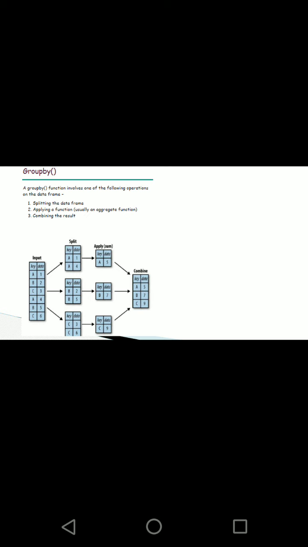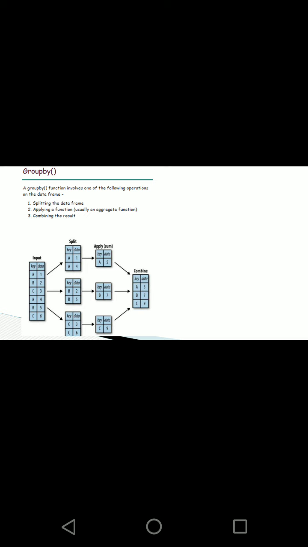Then what will I do? So I'm trying to group the value and I want to find out what is the sum of that A value. So if I apply a sum on that group, what will be the result? A will be having a 5 value, B will be having a 7, C will be having a 9. And what is the result that I am getting? What I'm seeing is the values are grouped and they are summed and they are showed together to the user. See, A5, B7 and C9.